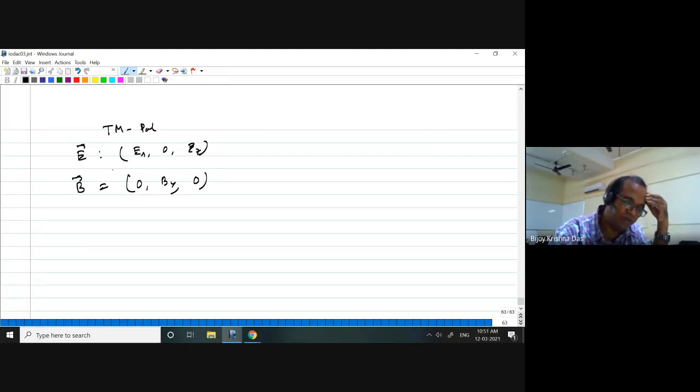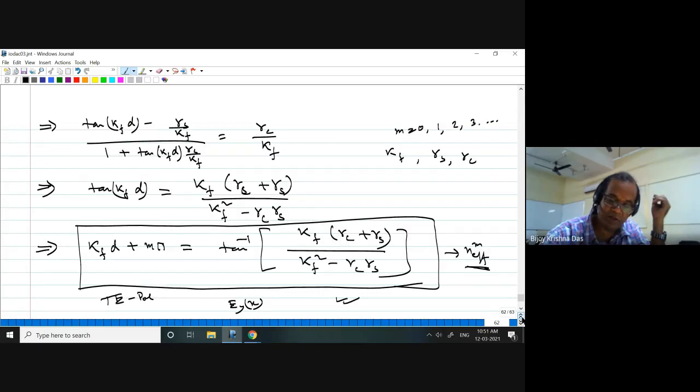So for TM polarization, I will be able to get solution for BY, and with that I'll be able to come to a similar type of equation like this. That will be slightly different. I give you that as a home task. You just find the expression for TM. Okay. Now once you find the solution for TM, right, I would ask you to